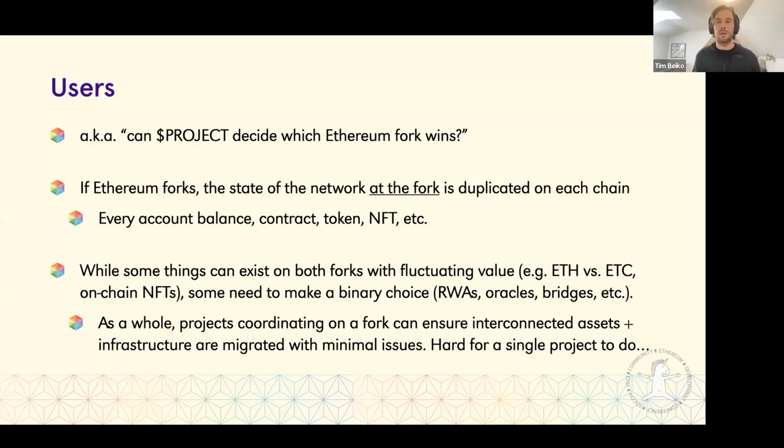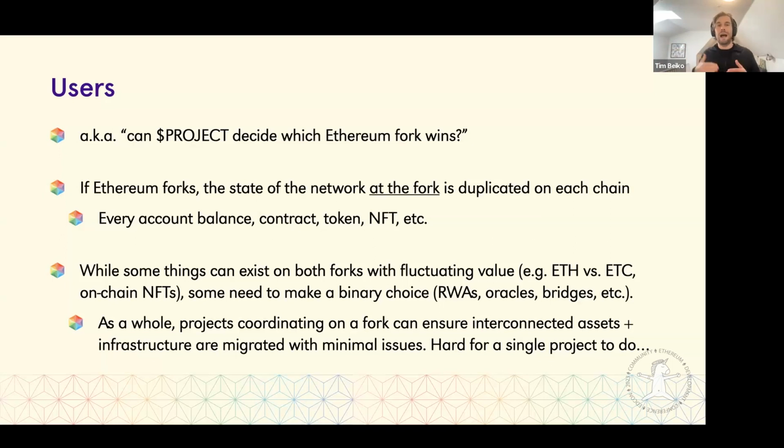Or similarly, if there's an oracle saying what the price of ETH is, well, they need to figure out the price of ETH on Coinbase and Binance that gets mapped back on chain to Ethereum. What chain is that to what off-chain ticker asset? And a similar thing for bridges, imagine an L2 bridge or a bridge to an alt layer 1. If they're taking ETH from Ethereum, or if they have bridge tokens, imagine a bridge L2 token on ETH, they need to recognize which of those forks is the one that will honor a bridge asset.